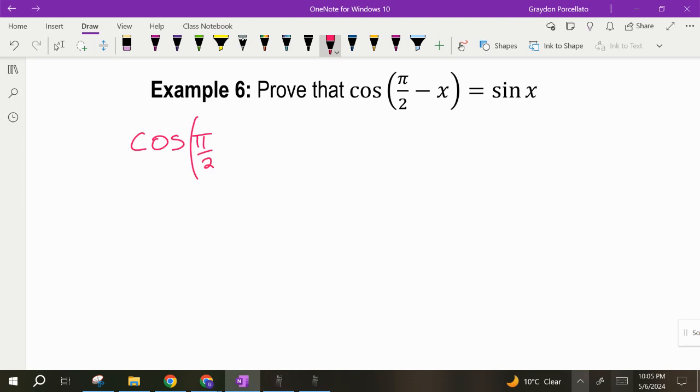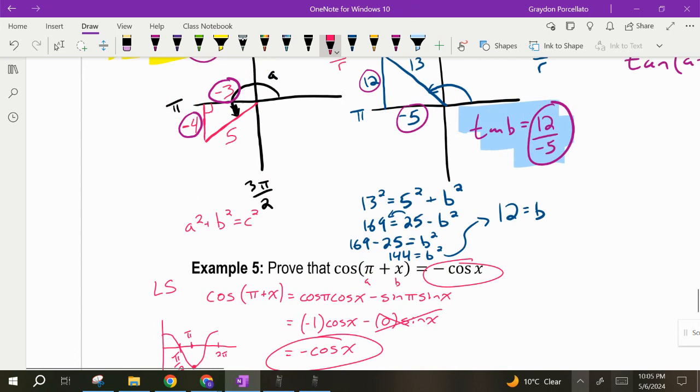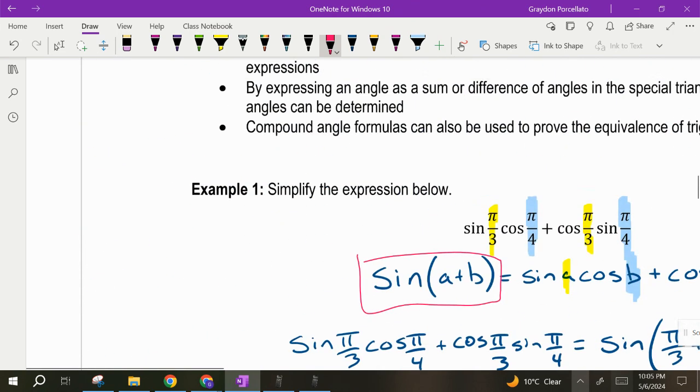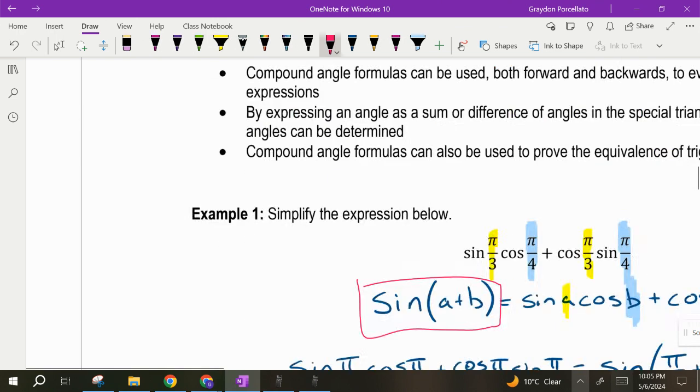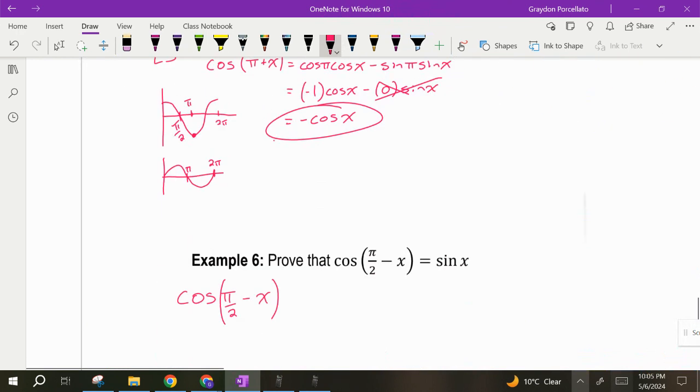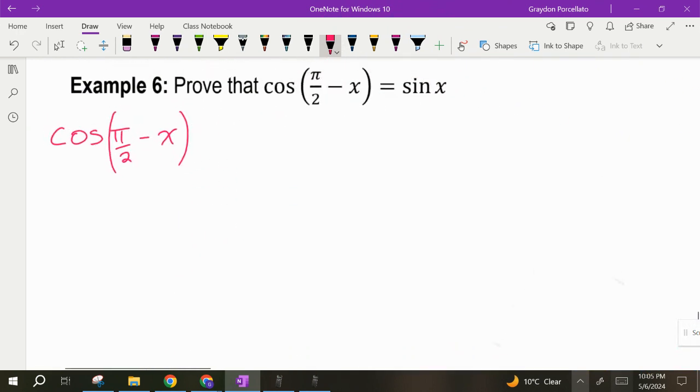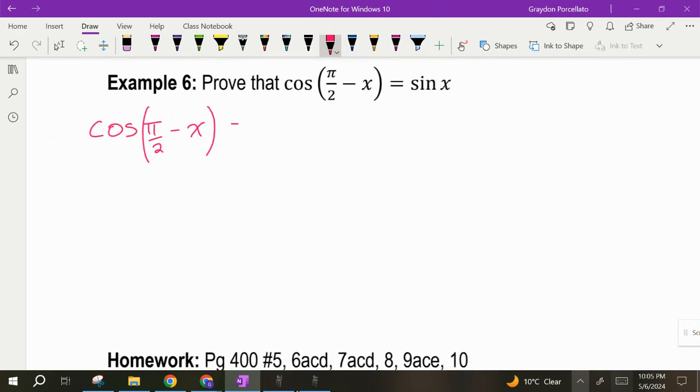Now, if I scroll up, I'm going to do it just to make sure. I don't have these all memorized, but I have a pretty good idea. When we're doing the subtraction, it's plus. So it's cos A cos B plus sine A sine B. So let's do this one. This is going to be cos A, A is pi over 2, B is x. So cos of pi over 2, cos of x,